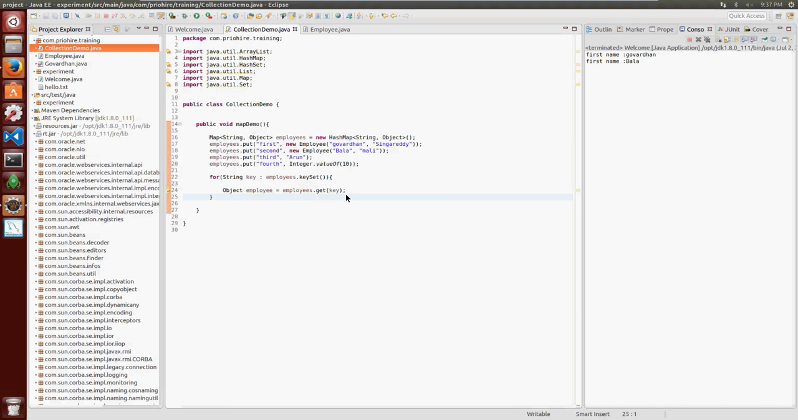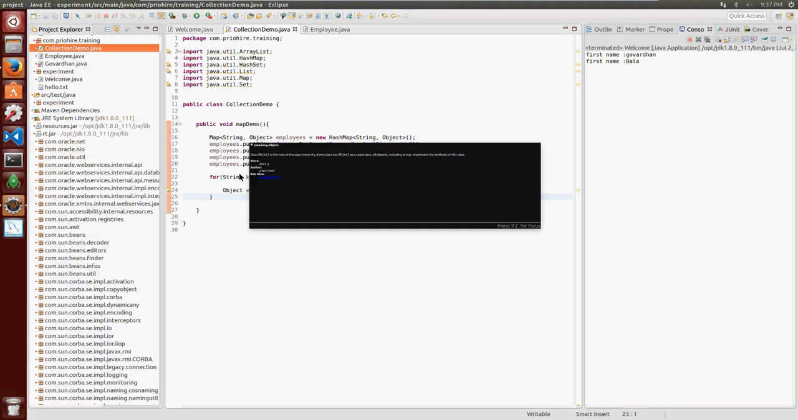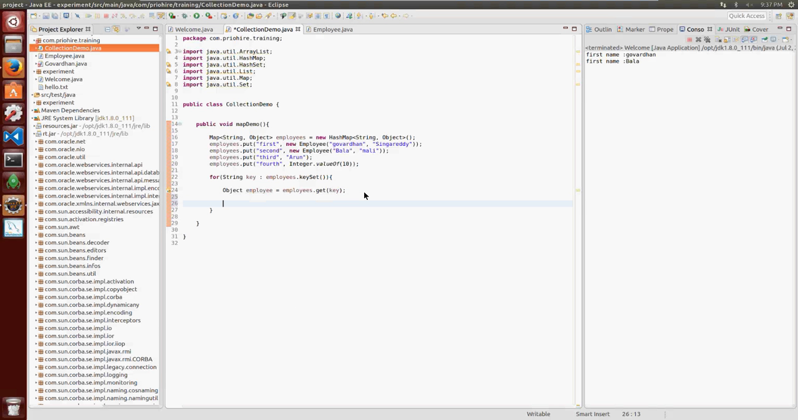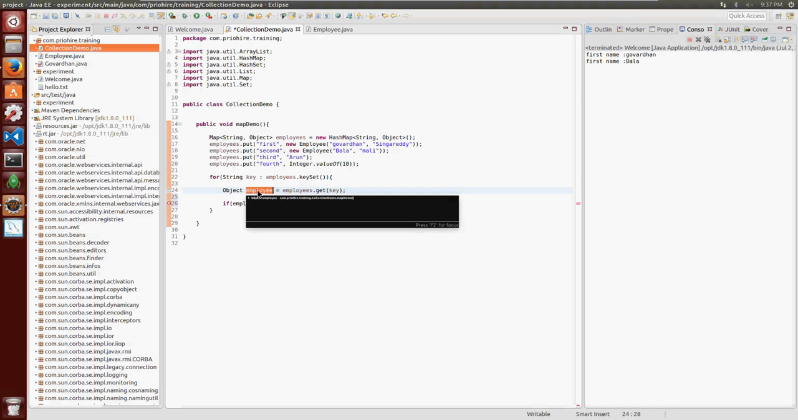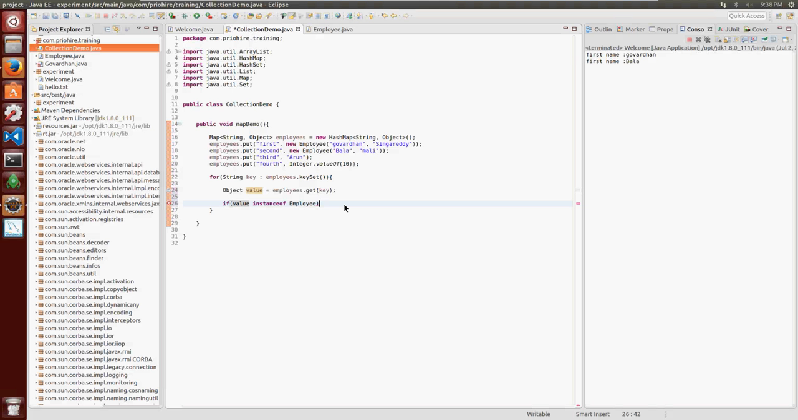Now you see, the employee of getKey will return an object. Now, how can you use this data? If value instance of employee. I'm just saying employee because that is the variable type we use here. Whatever variable you are fetching, let's say I name it value, I'm saying value is instance of employee. Then